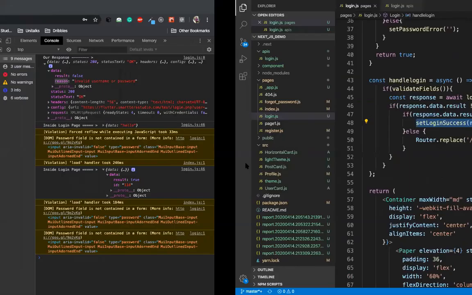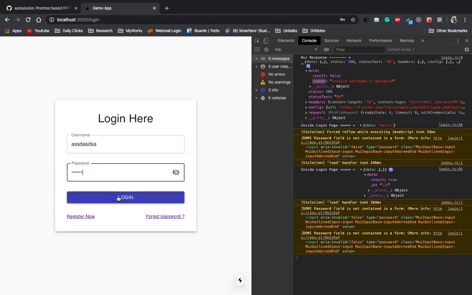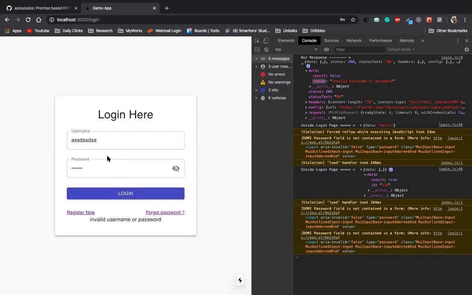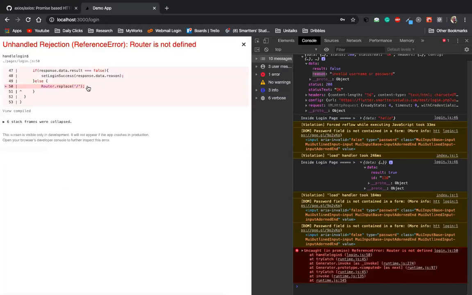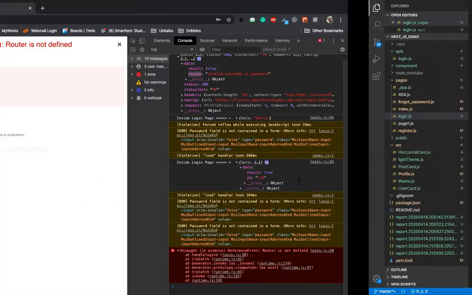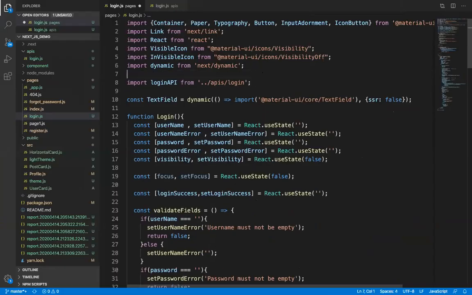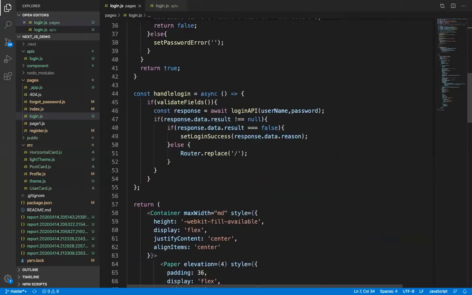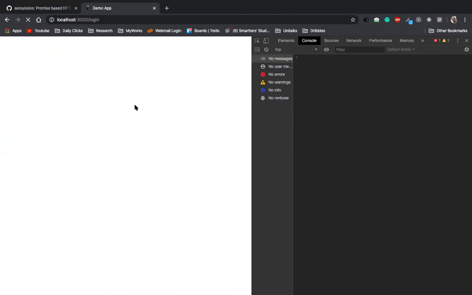Okay, so now if I provide any value and click here, it will show invalid username and password. Then if I provide a@a.com and password 123456, it will... router is not defined. Oh, I have removed the import router from next/router. So now